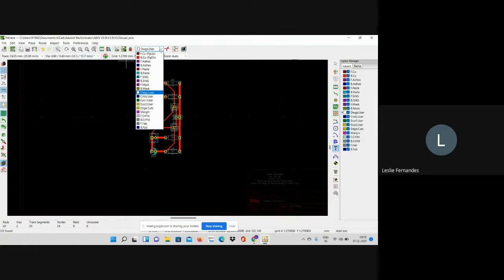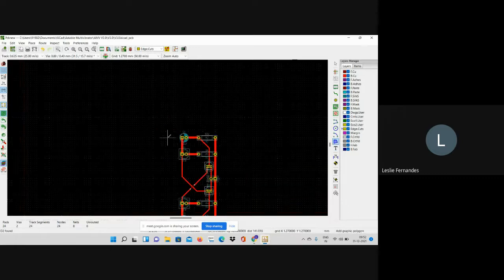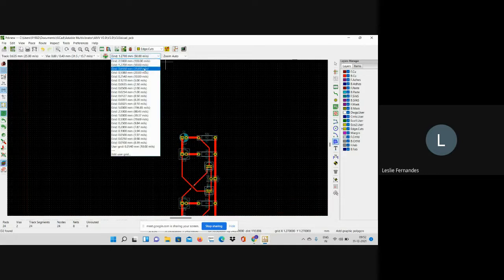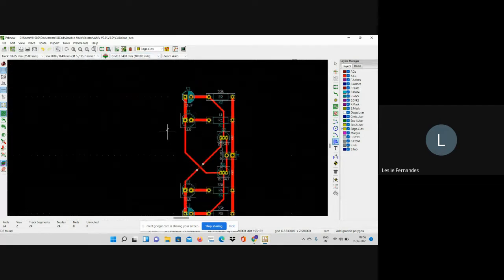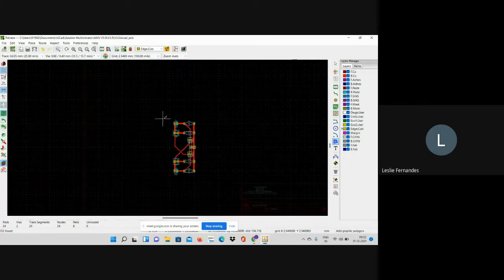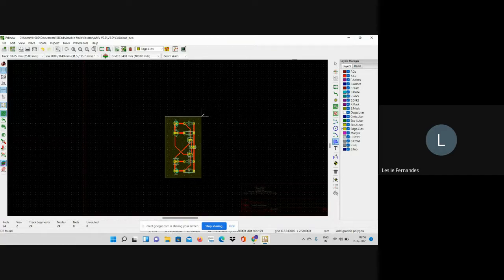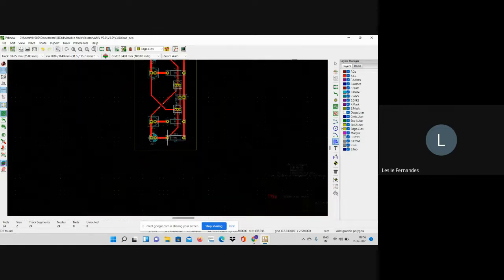The last part that we are supposed to do is to give it an edge cut. Edge cut means you have to give borders for the board. So go to this layer over here called edge cuts and then select this polygon. You can keep the grid at 100 mils. 100 mils is coarse. Just make a polygon around it. I'll click here, here, here, and here I was supposed to double click. So my board is ready.